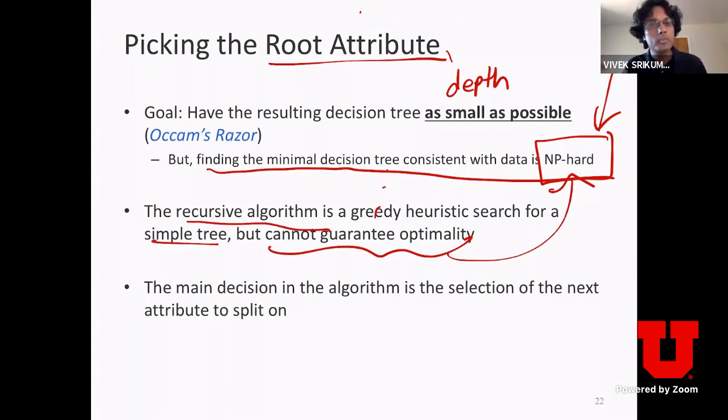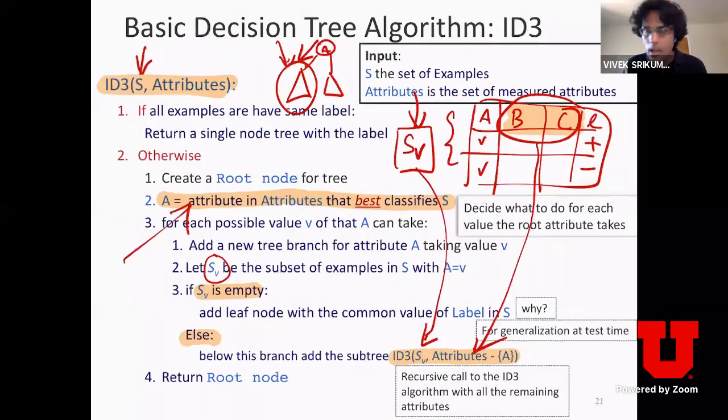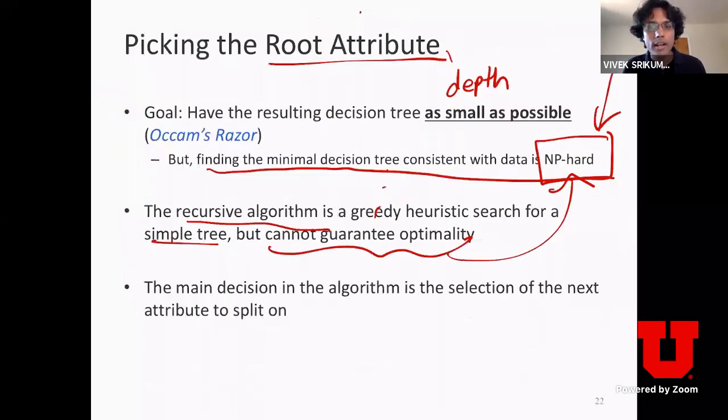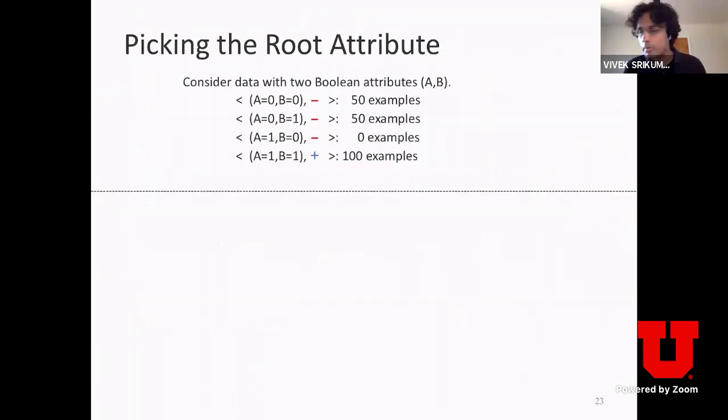And all of this preference is encoded in the one thing that we have to choose, namely, how do we pick the best root attribute? How do we pick the root of the decision tree? To give you an intuition for how this might work,